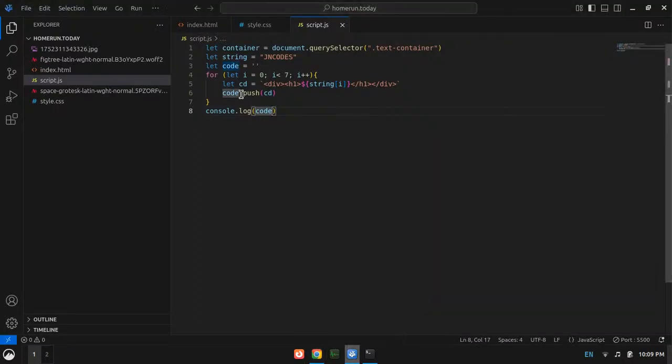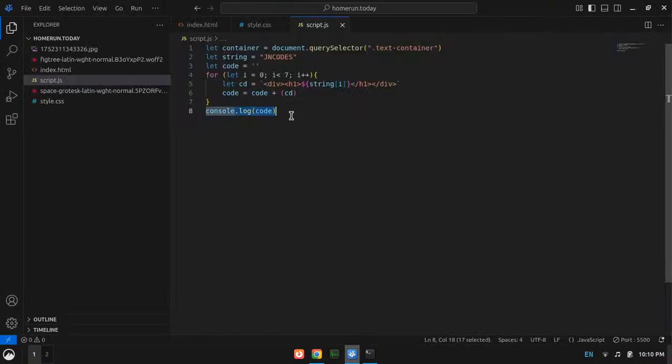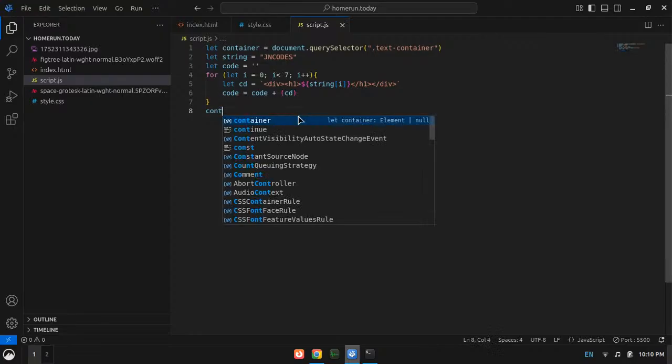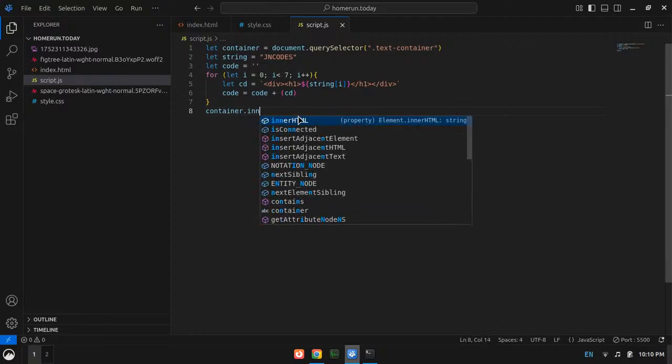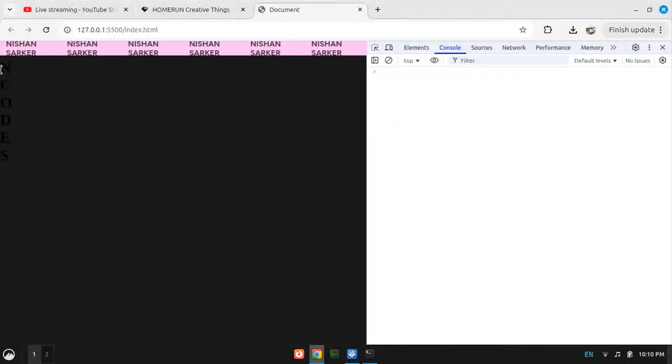Code equals code plus cd. Okay, now will it work? Should work. Yep, it worked. And now let's just say container dot inner HTML equal to code. Okay, will it work? Yeah, boy, that's how it works.